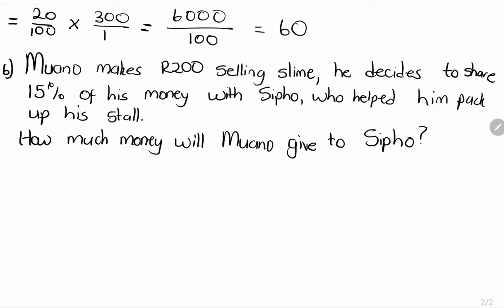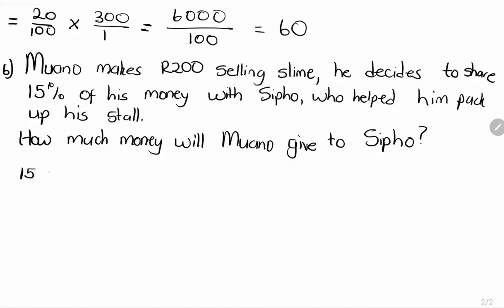Look at the question, right? And state the facts. Moano has 200 rands. He wants to give 15% of that to Sipho, right? So you need to find 15% of 200. How exactly are you going to go about doing that? Very easy, very simple, very swag, right? So you're going to say, again,